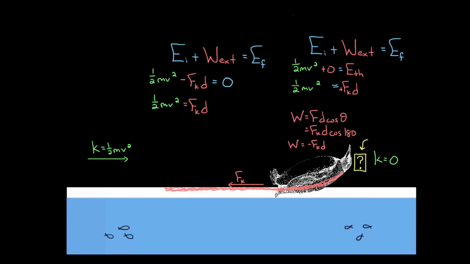Some people like thinking of friction as a negative external work and not including the energy within the surfaces as part of their system. And some people like including those surfaces as part of their energy system and just including that thermal energy on the E final side, which is fine. You can do either. You just can't do both. Either the surface is part of your system and you include it in your final energy, or the surface is not part of your system and you include it as external work, but you can't say it does external work